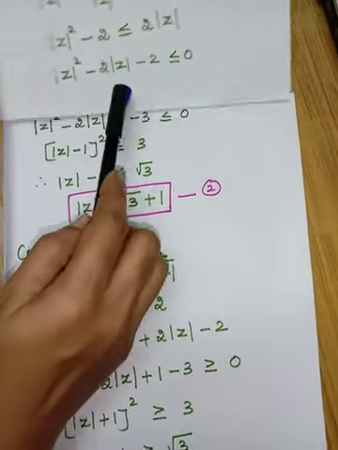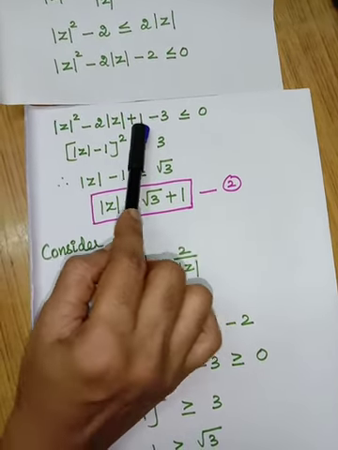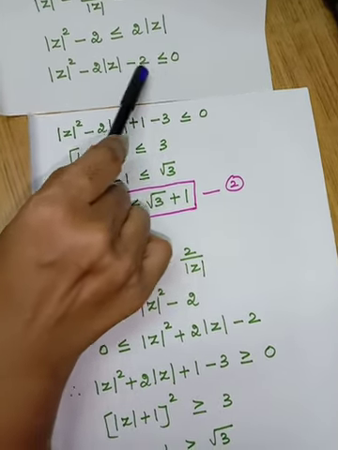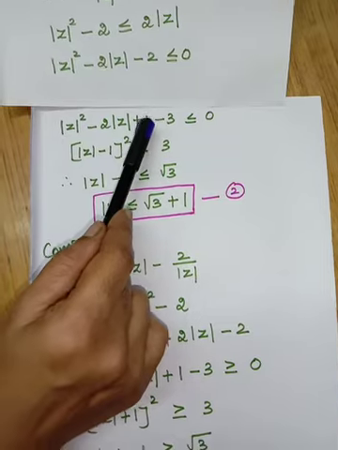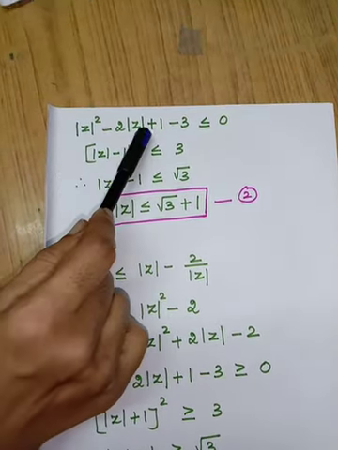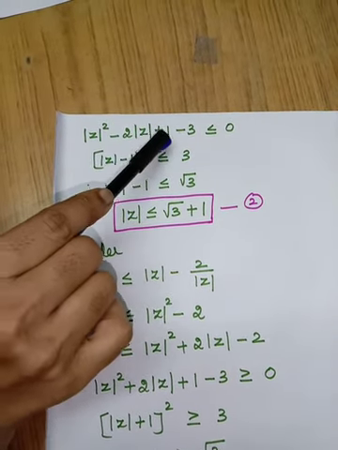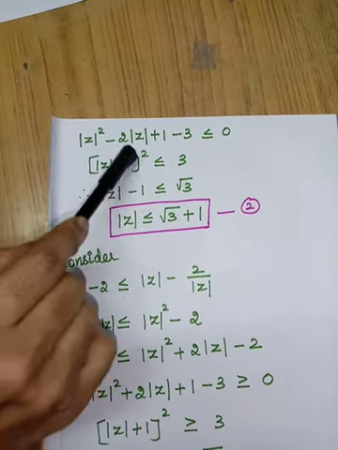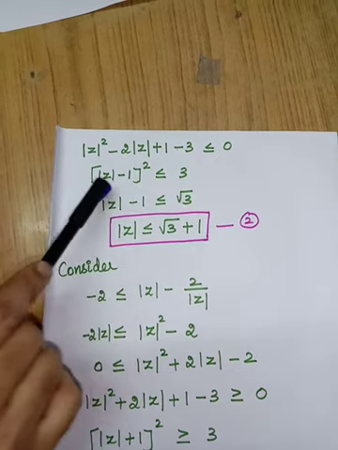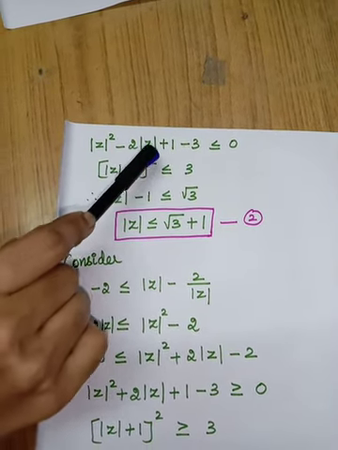Here in the minus 2, this minus 2, I am going to write as plus 1 minus 3. So, plus 1 minus 3 is nothing but minus 2. So, in the place of minus 2 can be written as plus 1 minus 3. Okay, look at the first three terms. So, how does it look like? A square minus 2ab plus b squared. So, I have written it in the form of a minus b the whole squared. So, modulus of z minus 1 the whole squared.